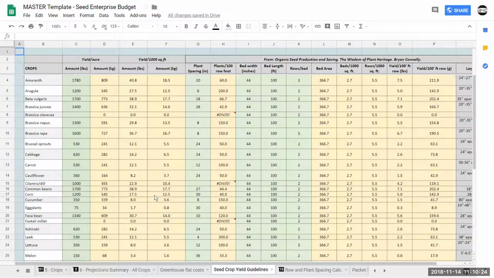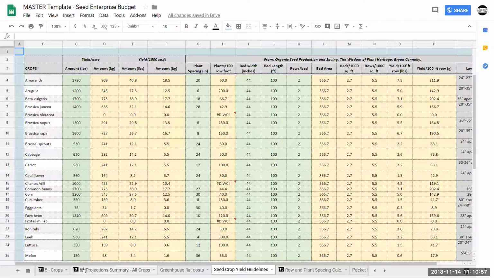And ideally, we want to be gathering data from farms throughout BC and throughout Canada so we can see what the range of yields is. I know from my experience growing a carrot seed crop this year, I grew one outdoors and one right beside it in an enclosure, and my outdoor crop had twice the yield of the enclosure crop. So there's a lot of variability that could be in there. So my recommendation is to estimate low on your yields, but still at a reasonable level so you're not underestimating too much.